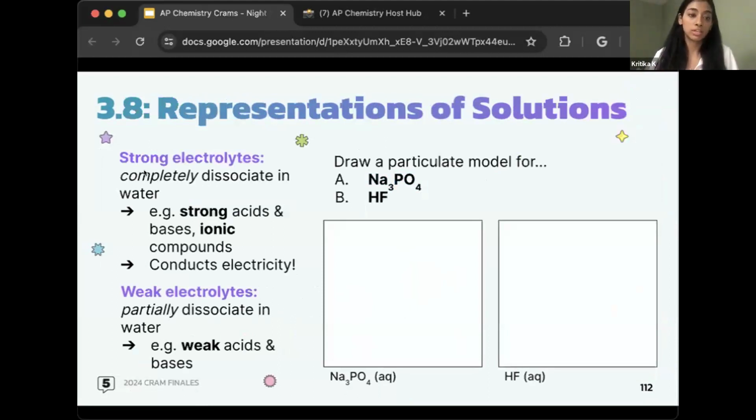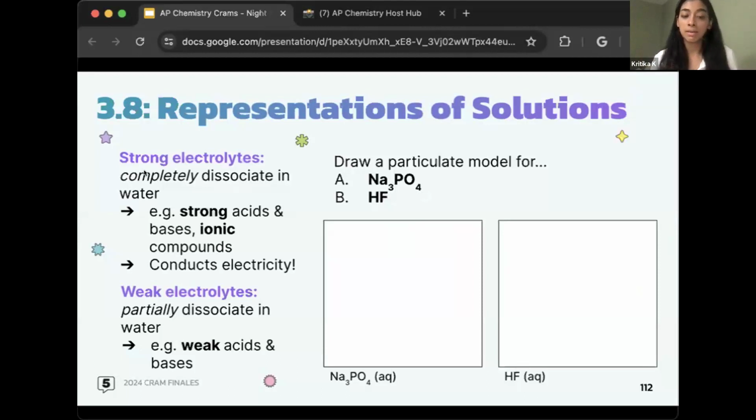A strong electrolyte is something that completely dissociates in water. So this will be things like strong acids and bases. Make sure that you memorize those. And ionic compounds, and they will also be able to conduct electricity. Weak electrolytes, on the other hand, only partially dissociate in water, unlike strong electrolytes, and these will be things like